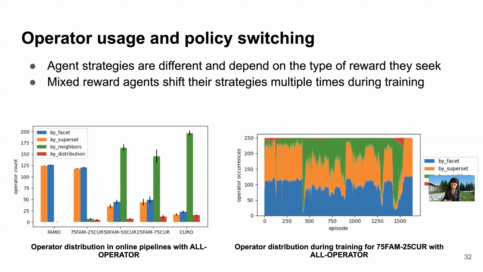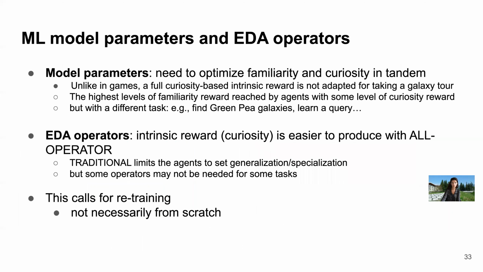So the agent strategies will differ and depend on the type of reward they seek. And mixed reward agents work strategically at inference time. Okay. So to summarize this part,